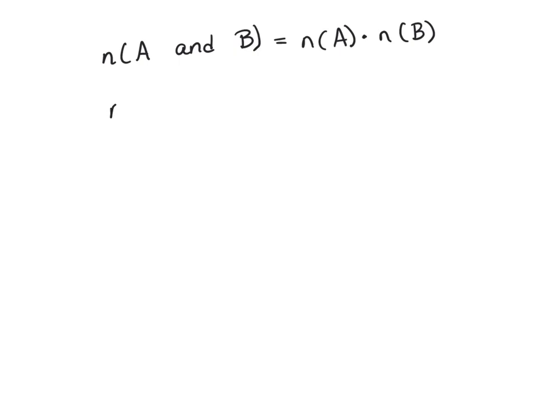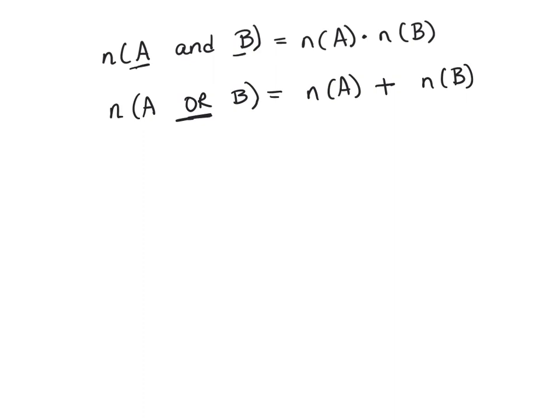All right, and then we have this word or, which we will revisit again in probability. When we have or, we add these 2. And it may not make too much sense, but if I had a six-sided die and a two-sided coin, there are two ways that the coin could be tossed and six ways that the die could be tossed. The number of ways that I can toss a coin or a die would be 2 plus 6, which is 8. And again, we're assuming that A and B are independent events. So we will revisit or, and this occurs more often with the words at most and at least. We add